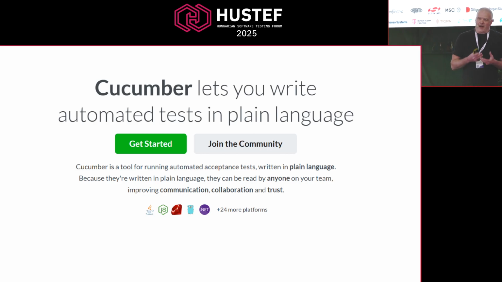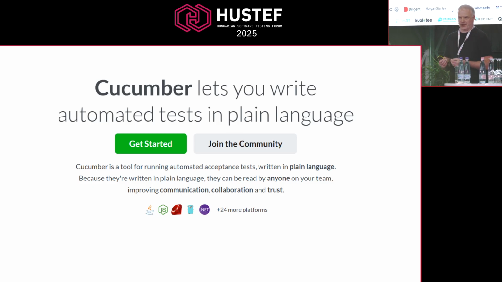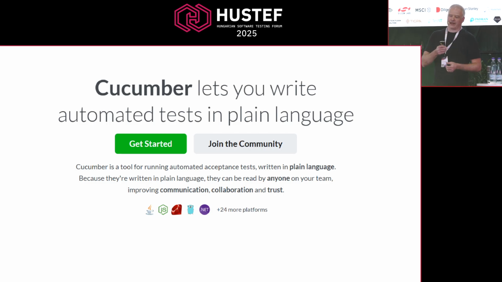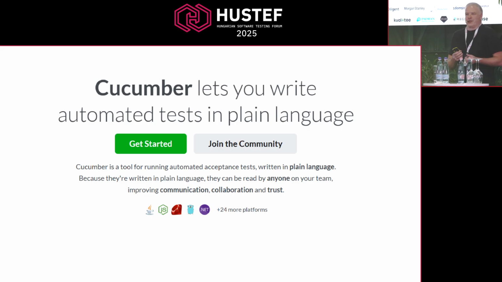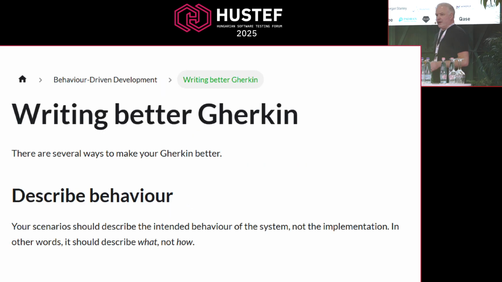Now, don't get me wrong, I am all for those things. Ideas around having collaborative discovery, of having your test automation actually act as living documentation of the behavior of the system. These are all good things. The question is, of course, do you actually need Cucumber for some of those? So,